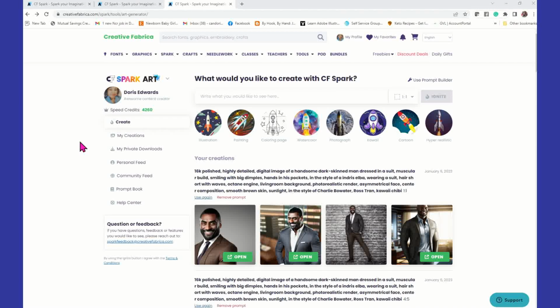All right, guys, today I'm going to talk to you about a new feature inside of CF Spark. So this tutorial is going to be completely focused on this new addition to CF Spark. So if you're new to generating digital art or digital images and you need help with your prompt building, you're not sure how to get the look that you really want in CF Spark, what you can do is